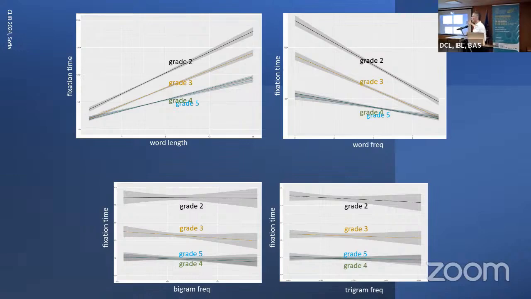And here you have the word frequency effect, which is again more prominent for grade 2 children and less prominent for grade 4 and grade 5 children. What you can see in the 2 graphs below is that if we measure these statistics in terms of bigrams of letters, which are not linguistic units, they are just 2 adjacent letters in a word, you don't see any frequency effects, which means that children are sensitive to effects of syllabic units and beyond the level of syllable,